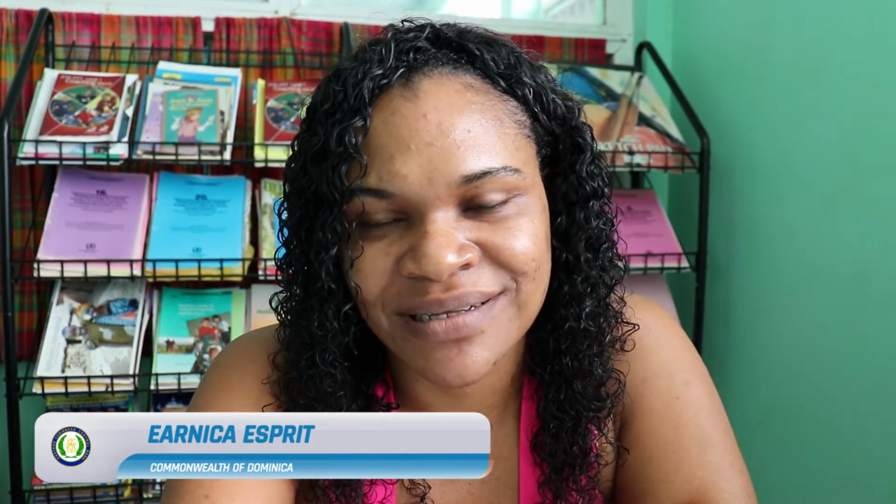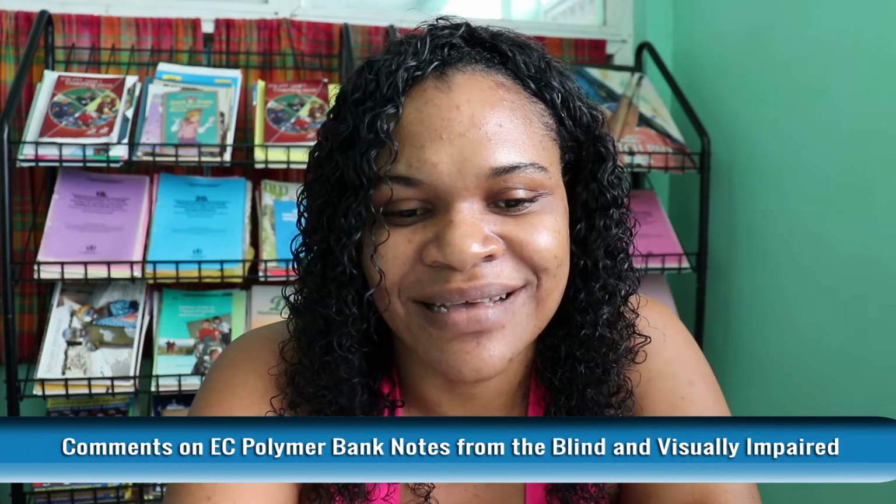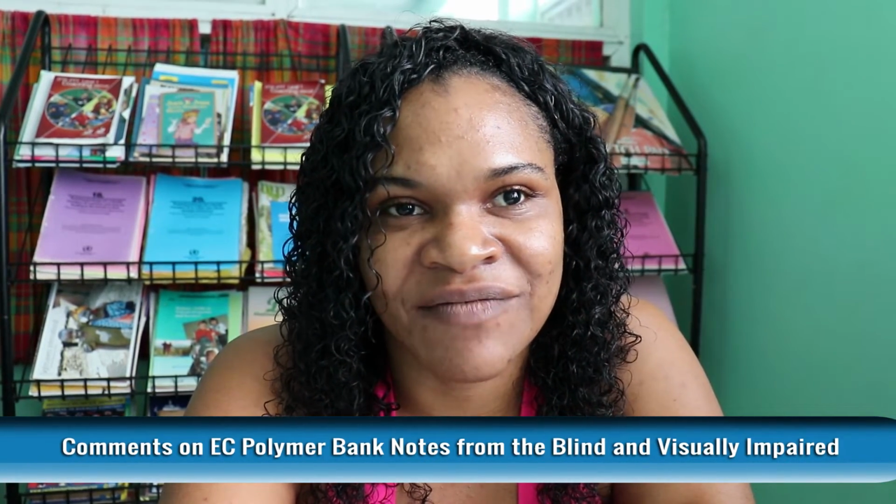More confident in handling my own money, because now I wouldn't have to go and ask somebody. I can just feel it and know exactly what note I have in my hand. Now that I'm able to touch and detect the different notes, I don't have to bother my little nieces and nephews. I'm now able to manage and control my money. As I said, I am king controlling my money. So as I said, I want to say thanks to the bank for this initiative, and I hope that it would reach